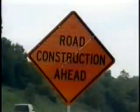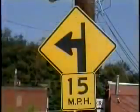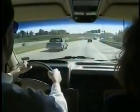Understanding the signs, signals, and markings that you see as you drive will help make your trip safer and easier. And remember to stay alert, pay attention, watch out for the other person, and always wear your